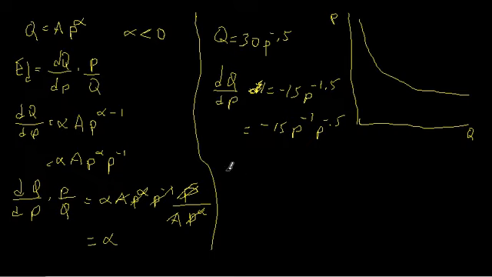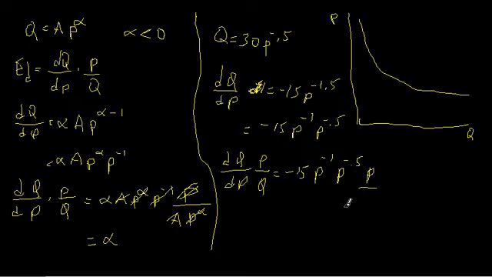And now we have to multiply that times P over Q. So we'll have dQ/dP times P over Q is equal to minus 15 P to the minus 1 P to the minus 0.5 times P